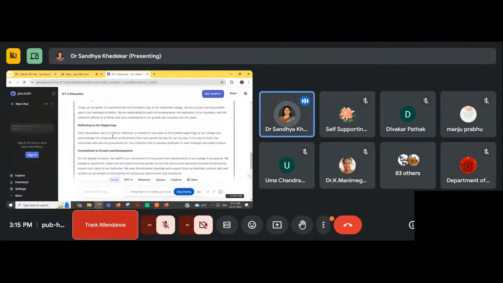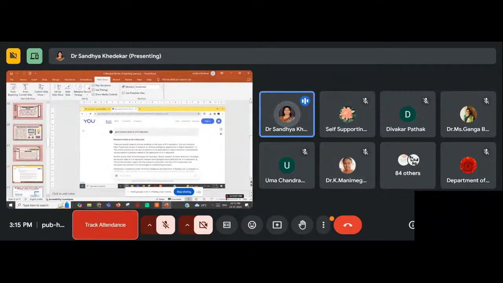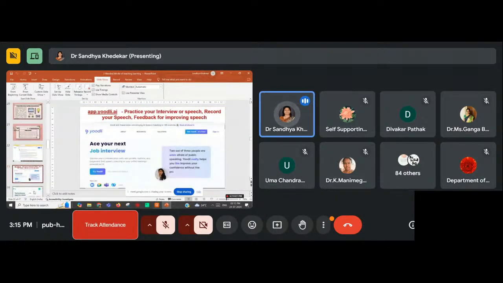But at the same time, we must learn what kind of prompt we are giving it, what instructions we are giving it. So prompt engineering, or learning to give the correct prompt, is essential here. So u.com is one of the websites which is very wonderful and beautiful, where you can use it. Then we will see the next one, that is udly.ai.